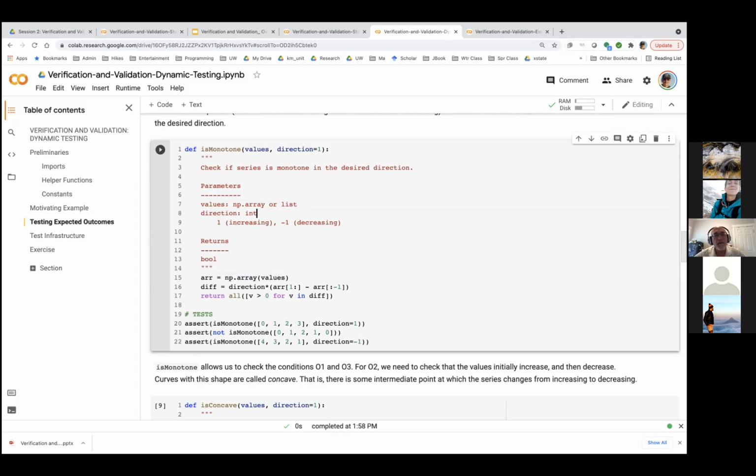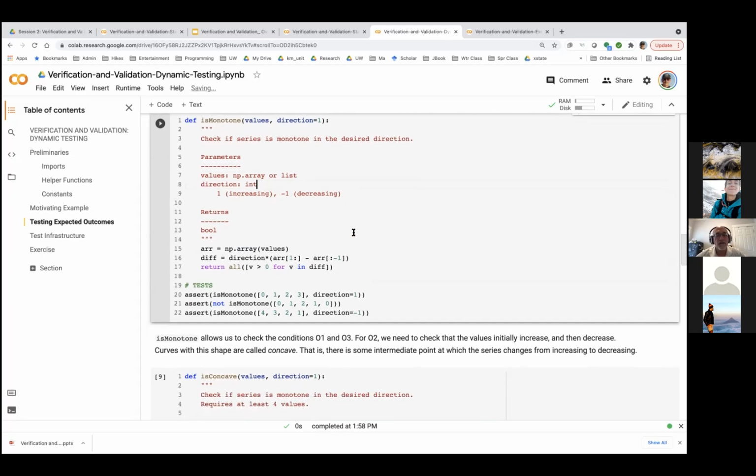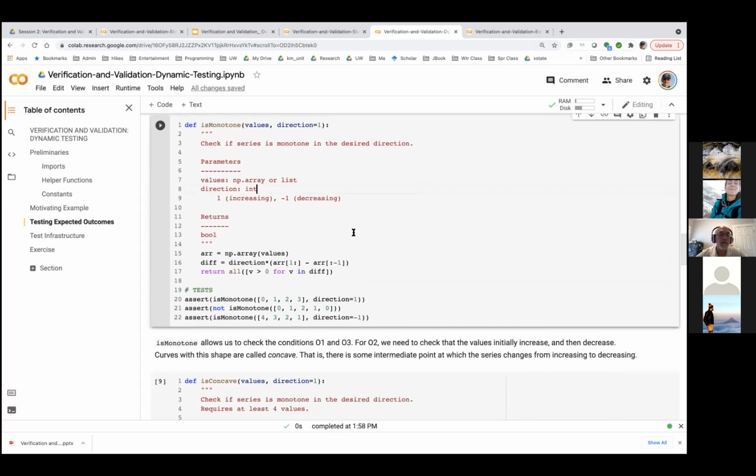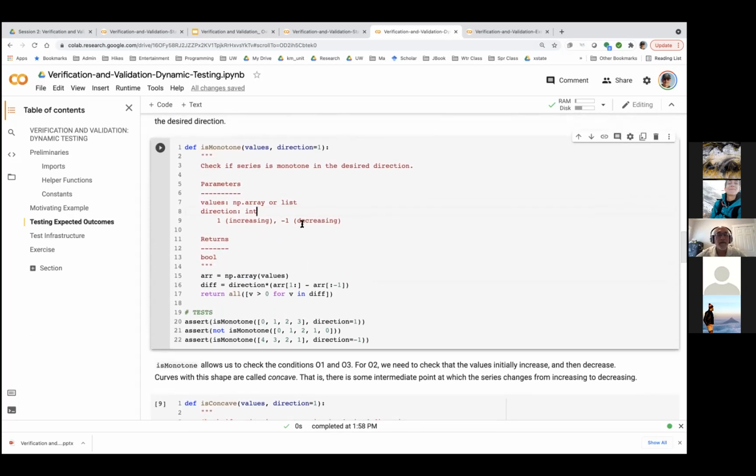It should be an int, and it's either a 1 or -1. 1 means increasing and -1 means decreasing. Actually, as long as you use a negative number for monotonically decreasing, and a positive number for monotonically increasing, it will work,